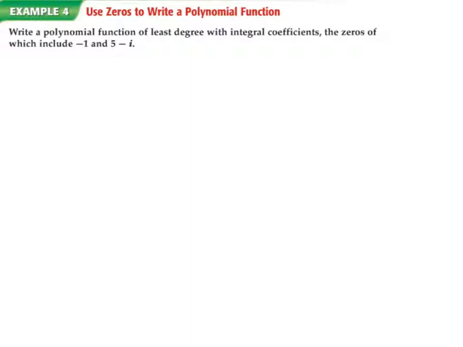So in the last example, example 4, it says to write a polynomial function of least degree with integral coefficients, the zeros of which include negative 1 and 5 minus i. So if 5 minus i is a 0, then 5 plus i is also a 0, according to the complex conjugates theorem. So we know that x plus 1